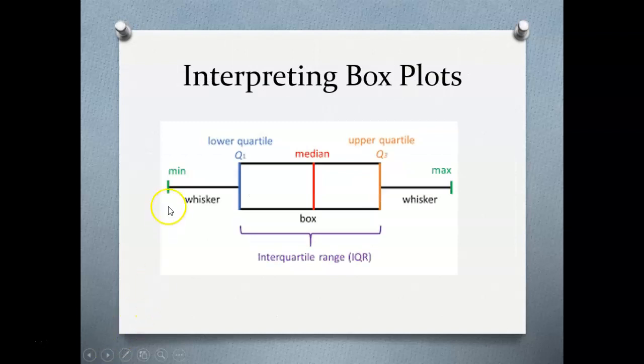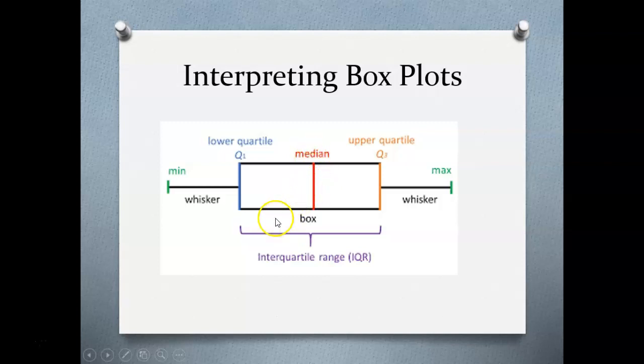So just a quick review, a box plot has a whisker part on each end, and it's got a box in the middle that's divided into 2 parts. So we have our lowest value, our minimum, our highest value, our maximum. We have our lower quartile, that's the back of the box. We have the upper quartile, that's the front of the box. We have the median, which is somewhere in the box, not necessarily in the middle of the box, but somewhere